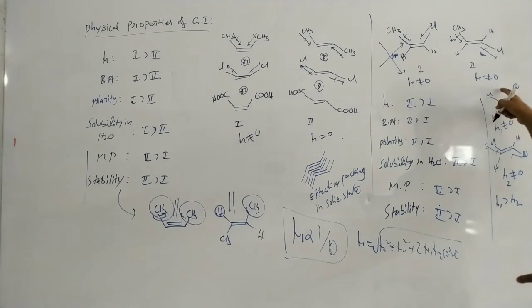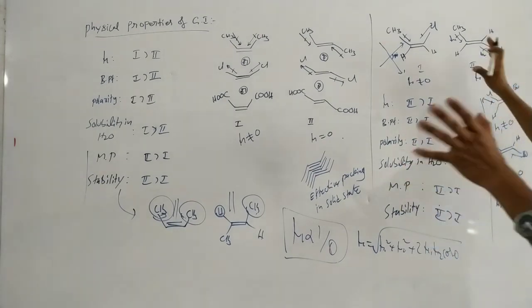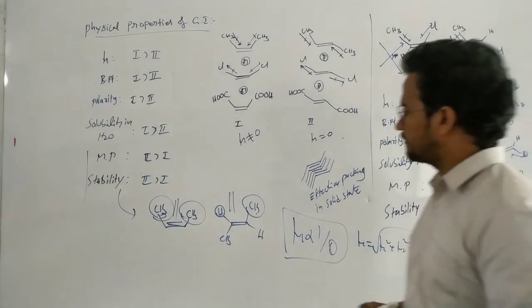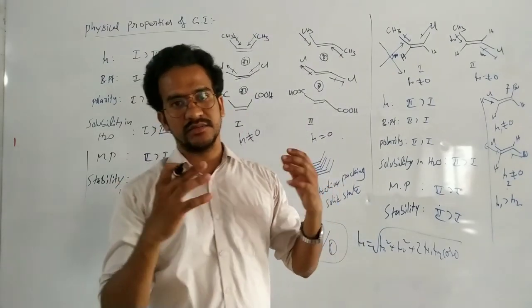For this one, the direction is of course towards chlorine, towards bromine. Here addition takes place in one direction. That's why addition takes place. So mu1 is not equal to 0, mu2 is not equal to 0, but mu1 has a higher value than mu2. So for this one also we can compare. That's it.